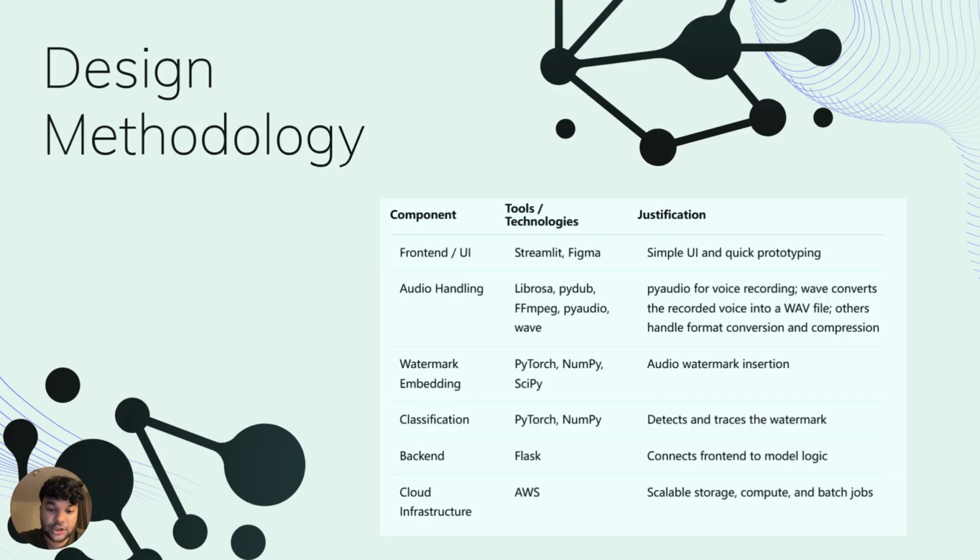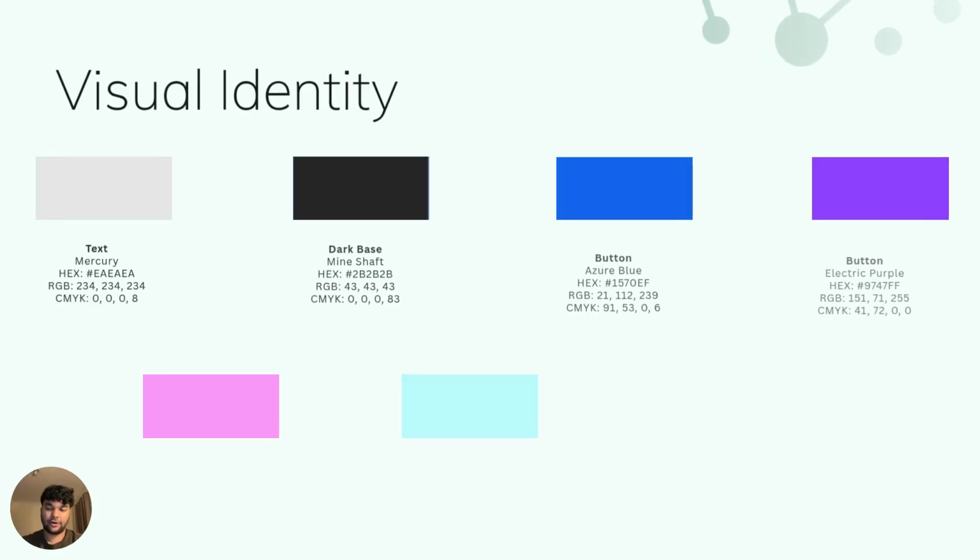Our design methodology is a crucial part of our project's success. We started with thorough research on deepfake detection technologies and watermarking techniques to understand the current landscape. We then moved into an iterative design process focusing on user-centered development. This means we prioritize the needs of our users by gathering feedback at every stage and making adjustments accordingly. We also emphasized technical feasibility, ensuring that our solution could realistically be implemented and integrated within existing systems. By combining research, feedback, and technical validation, we aim to create a system that is not only effective but also user friendly and adaptable. For our visual identity,